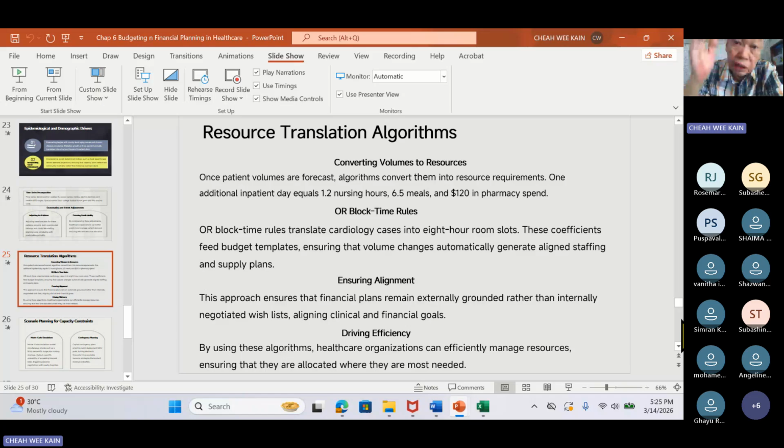fulfill my KPI. The reason is because the plan is wrong, right? And now you are in trouble. So you come up with funny reasons. End of the day, if a lot of people don't achieve their KPI, the company is not going to make a lot of profit. Very simple. So when you see actual very much different from budget, go and see your plan. You may have to change your plan. Change your corporate plan. Change your budget again. Not because the floor is not performing. And the worst thing is you kill them by KPI.